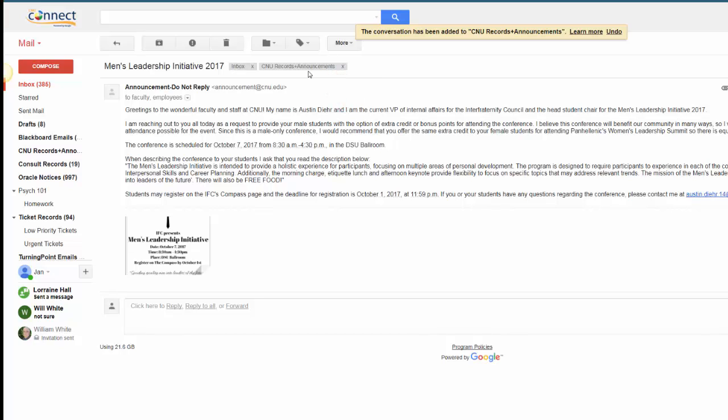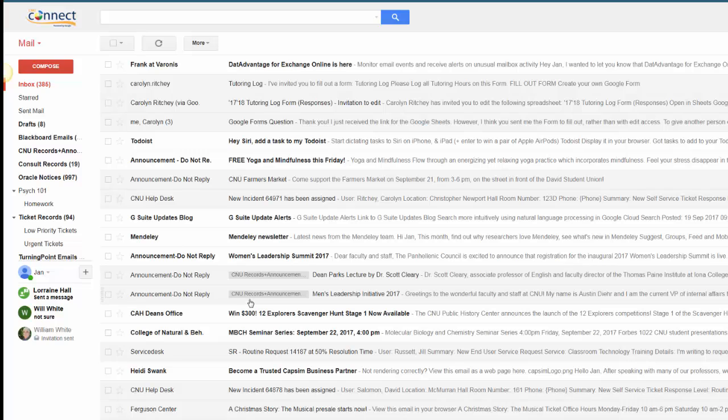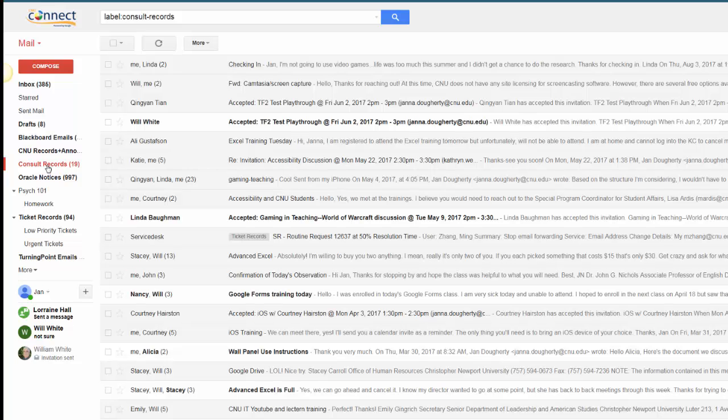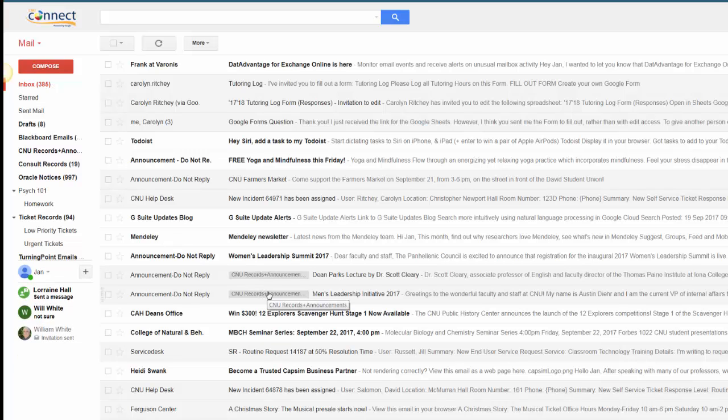There is one thing you'll want to note between the last two methods and the first, and it has to do with locating the email later on. If you drag and drop the email into the label from the inbox, the email will be moved entirely into that label space, and you'll have to enter the label from this menu to locate it because it's no longer in the inbox. If the label is applied while inside the email, it will still be in the inbox, but also be found inside the label space. You'll also be able to see that label right from the front of the email within that inbox space.